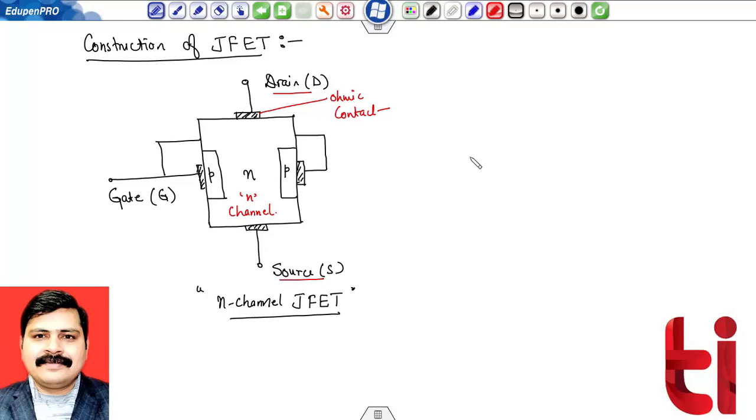And the working analogy of this device is similar to the flow of water through a tap, where the controlling of flow of water seems to be the working of a gate, and the flow of water from source to the drain side can be treated as the flow of electrons, and the flow of current will be reverse in that. Okay, so this is the analogy of the working of junction field effect transistor. So let's see the working of n-channel junction field effect transistor.